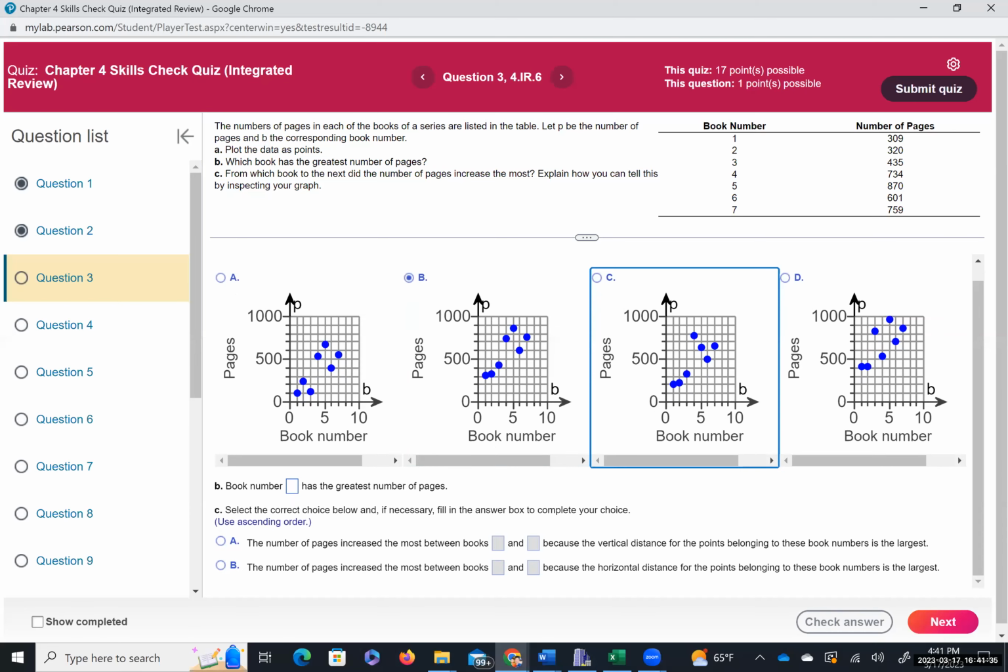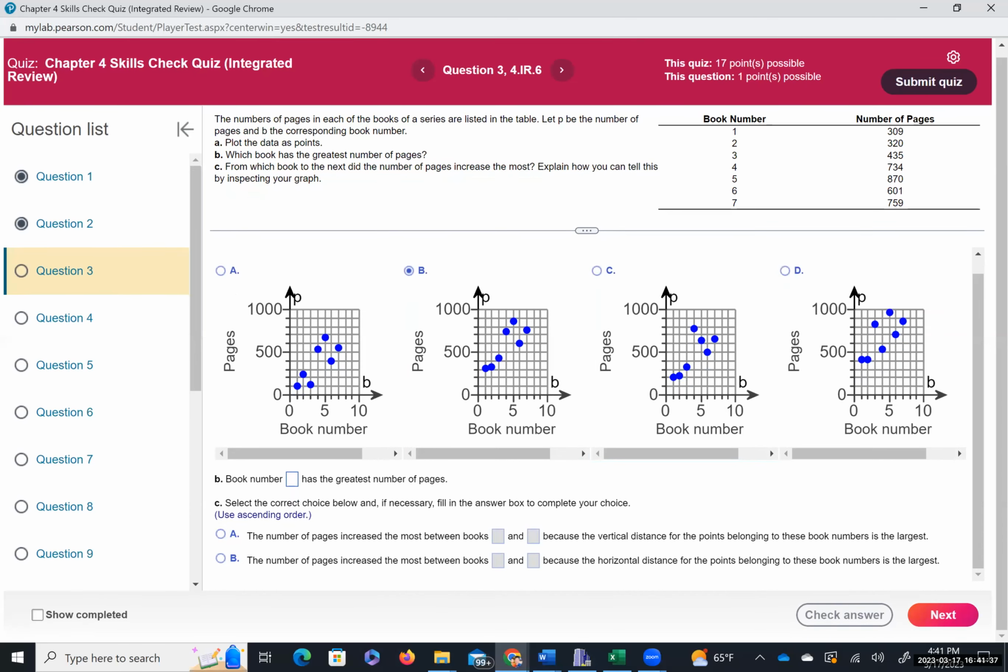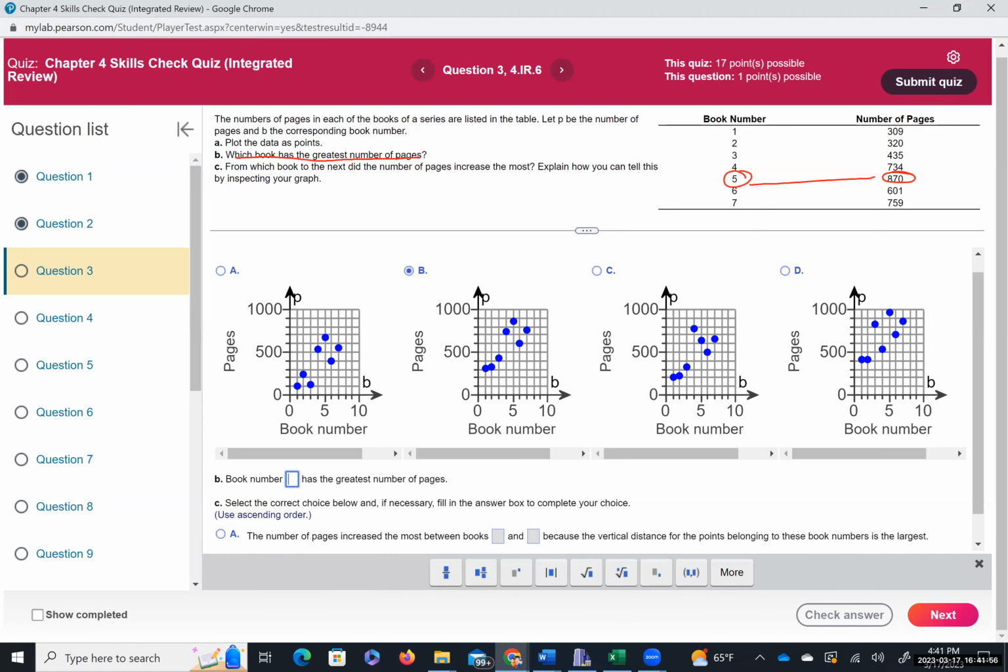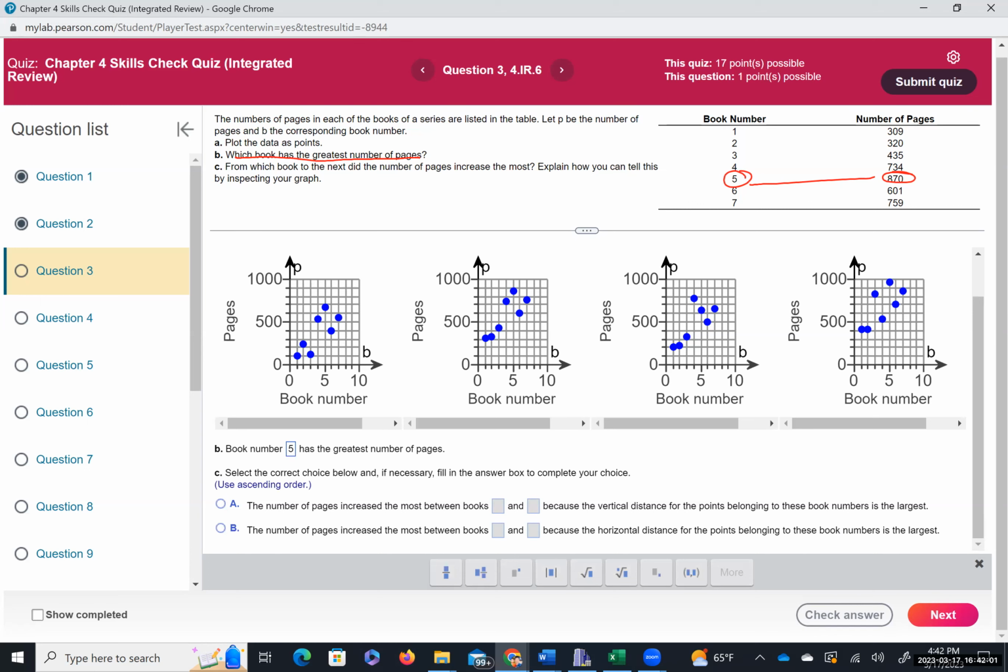Okay. And then the next question. Which book has the greatest number of pages? So I see the greatest number of pages is book number 5, right? 870. So I wrote down 5 here. Book number 5. And then